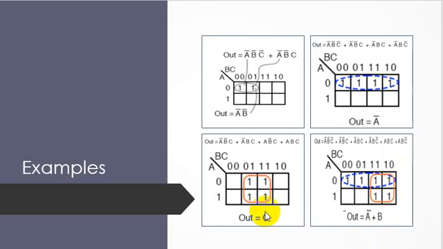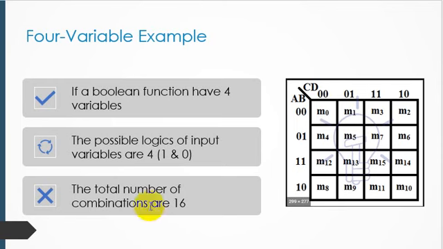Okay, these are the maximum possibilities of a 3 input variable K-map if you consider that. Now we will move toward the 4 input variable. In case you have 4 input variables, each input behaves as 1 and 0, and the total number of combinations will be 16. The K-map representation of 4 input variables is as shown in this figure.